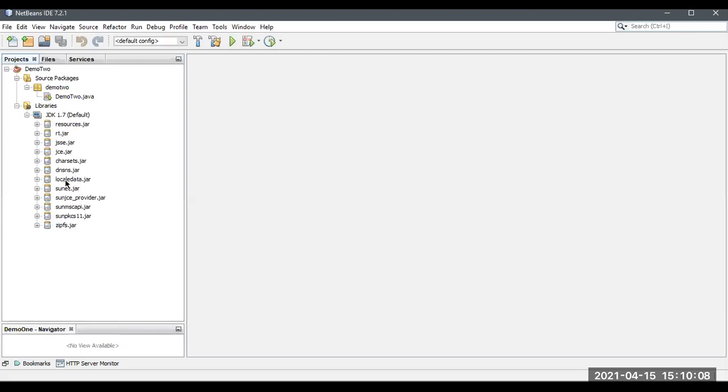All these are packages. These are all the jar files which are available in the Java Development Kit. So when we install Java on a PC, it will ask to install the JDK as well as the JRE. So both the Java Development Kit and the Java Runtime Environment will be created.